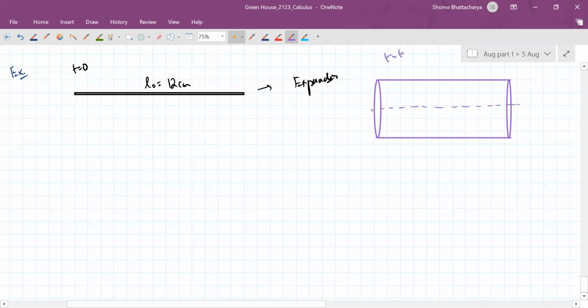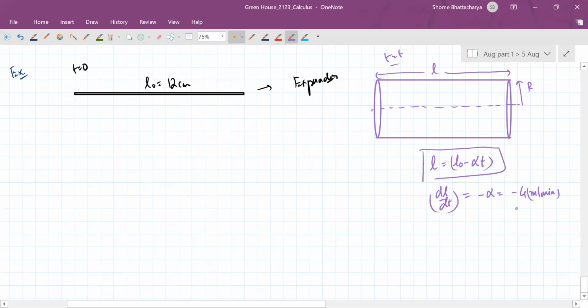Okay, so at some time t, the length has become L, which is less than L0, and the radius has become R. It was given to us that the length is decreasing uniformly at the rate of alpha. So write it as minus 4 meters per minute. Alpha is 4 meters per minute, the rate at which the length is decreasing, at this uniform rate. So we can say L is equal to initial length minus alpha t, where alpha is equal to this quantity,